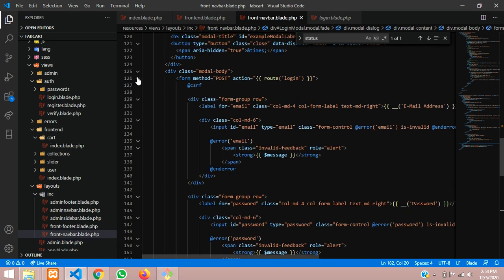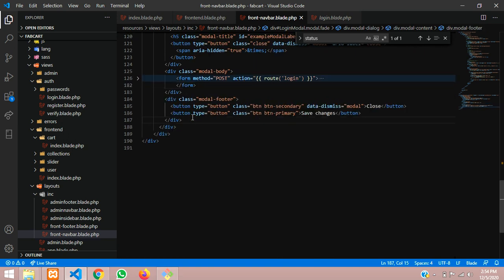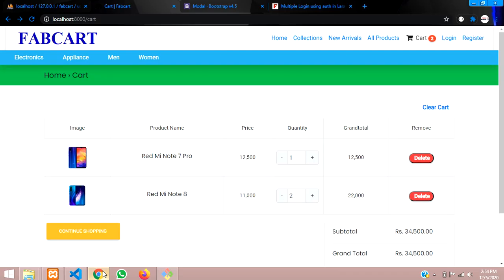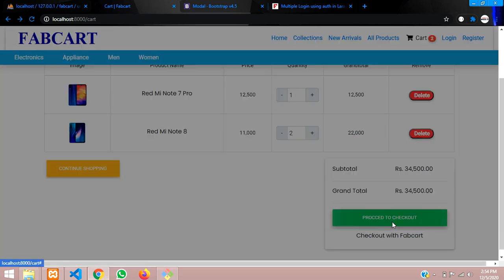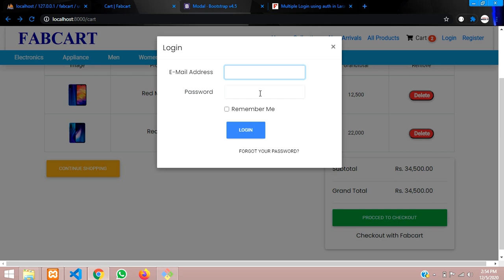Okay, so this is the form and this is the footer, model footer. We don't need that, so we'll just comment it. So let's save it, and now let's reload and see what's the output for it. Let's load, and you can find, see here guys. So just design your form according to your requirement. I'll just design and I'll show the output.